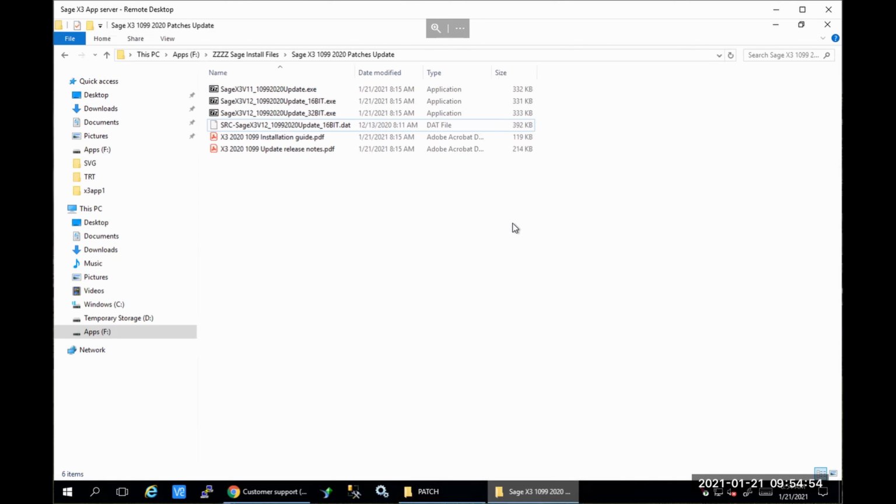The system we are working on today is again at patch 19. 16-bit is for patch 19 and lower. 32-bit is for patch 20 and higher. That is Sage X3. Patch 20 and higher is 32-bit. Patch 19 is 16-bit. You would simply download the patches from the Sage knowledge base, double-click to extract them, and